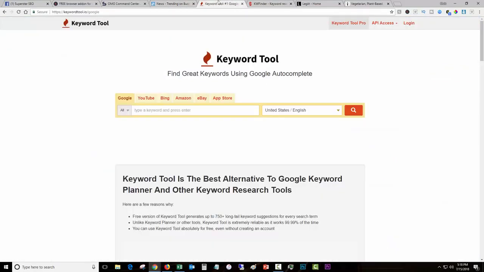The next one that we're going to be talking about is keywordtool.io. This one I like a lot because it gives you a lot of information for free. And you can do Bing, YouTube, Amazon, eBay, and the App Store. Kind of similar to what SERP does. But what I like about this one is the questions feature. So